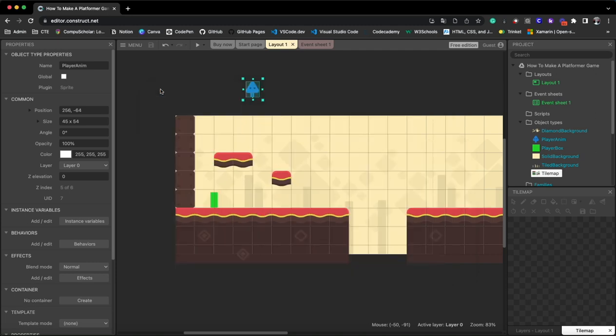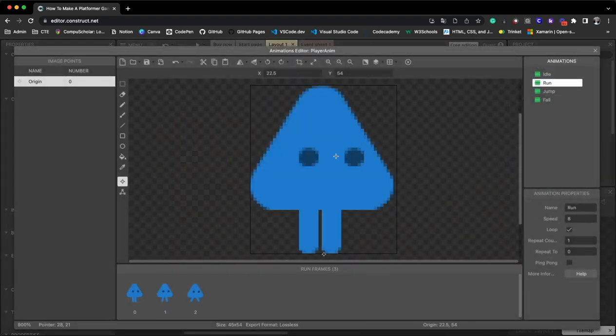Okay, so I'm going to go ahead and get off the preview. And you can verify that worked because my blue player is outside the layout, and when I previewed, this came into position and pinned those together. Okay, so now how do we get the other animations working? Well, the first one is that we need to get this character face in the correct direction. We're going to make sure its eyes are facing left or right based on the movement, because this player, in its run animation, has the eyes facing in the right direction. So if we were to transition, we want to make sure that the eyes are facing in that correct direction